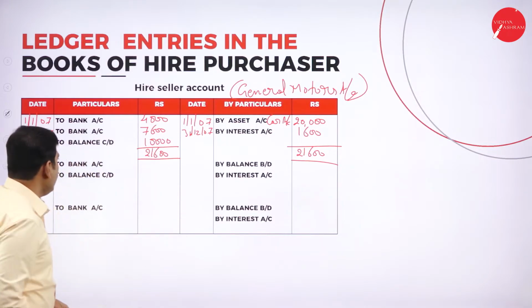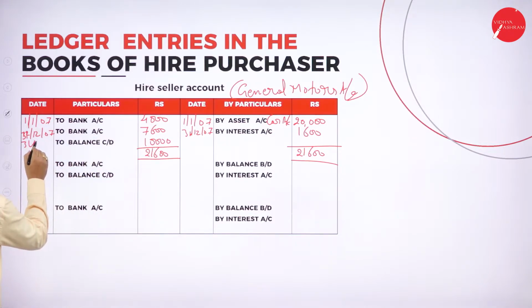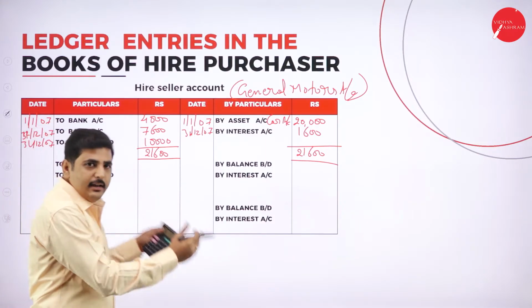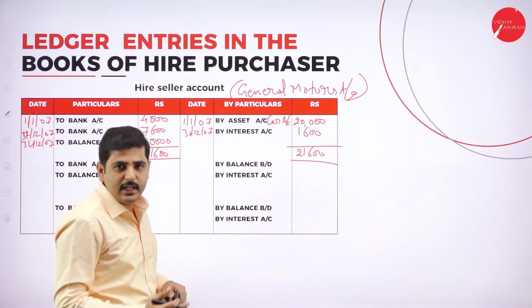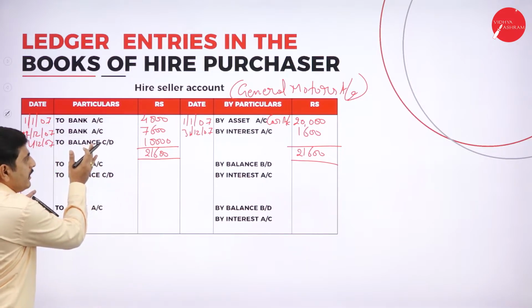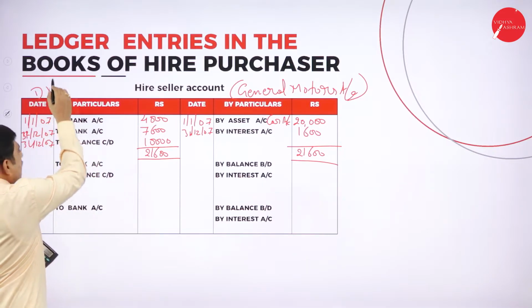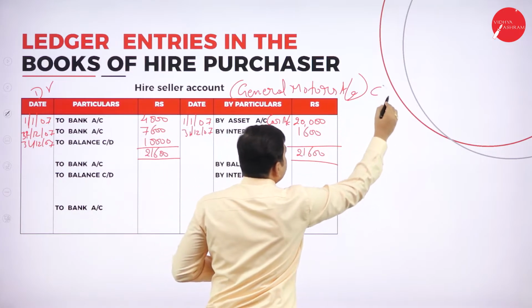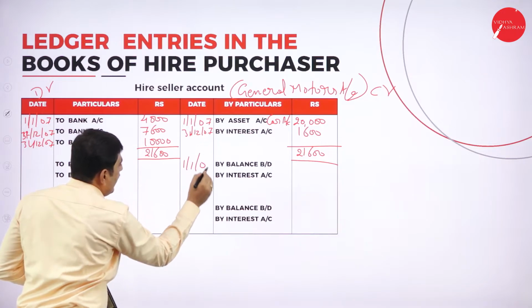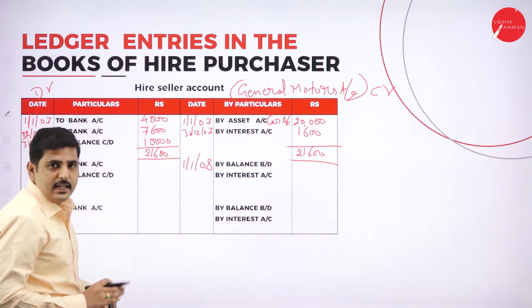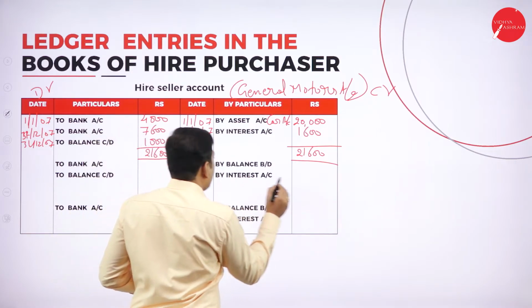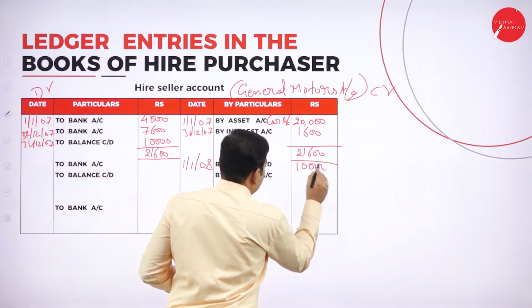Again for next year. So on 31/12/2007 the balance is carried down, and the next day, the first day of the next year, the amount will be brought down. If the amount is carried down on the debit side, the amount is brought down on the credit side. So on 1/1/2008, the first day of the next year, what is the balance brought down? Balance brought down is 10,000.